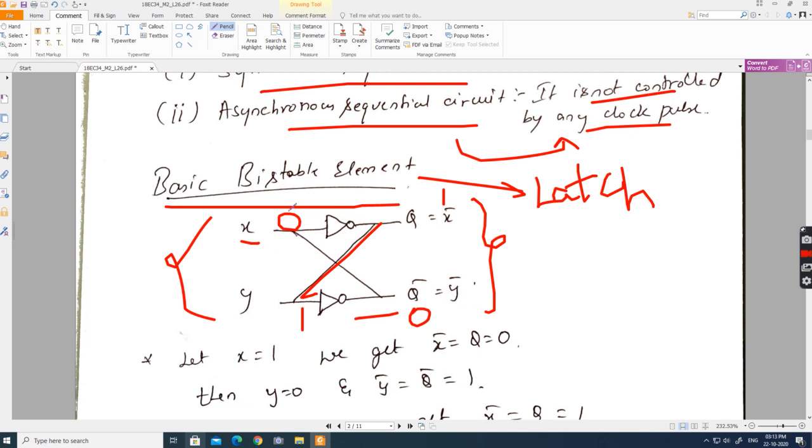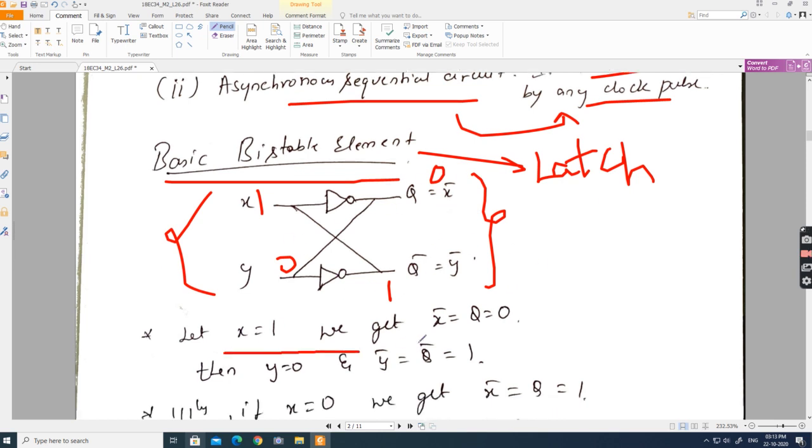If x is equal to 1, and if people have any difficulty in understanding, do stop me, I'll help you out. Right? Later on after the class, people should not have any doubt. That's the main point. So x is equal to 1, output is 0. This 0 is fed here, output is 1, and this 1 is fed here, output is 0. So this further continues in this fashion.